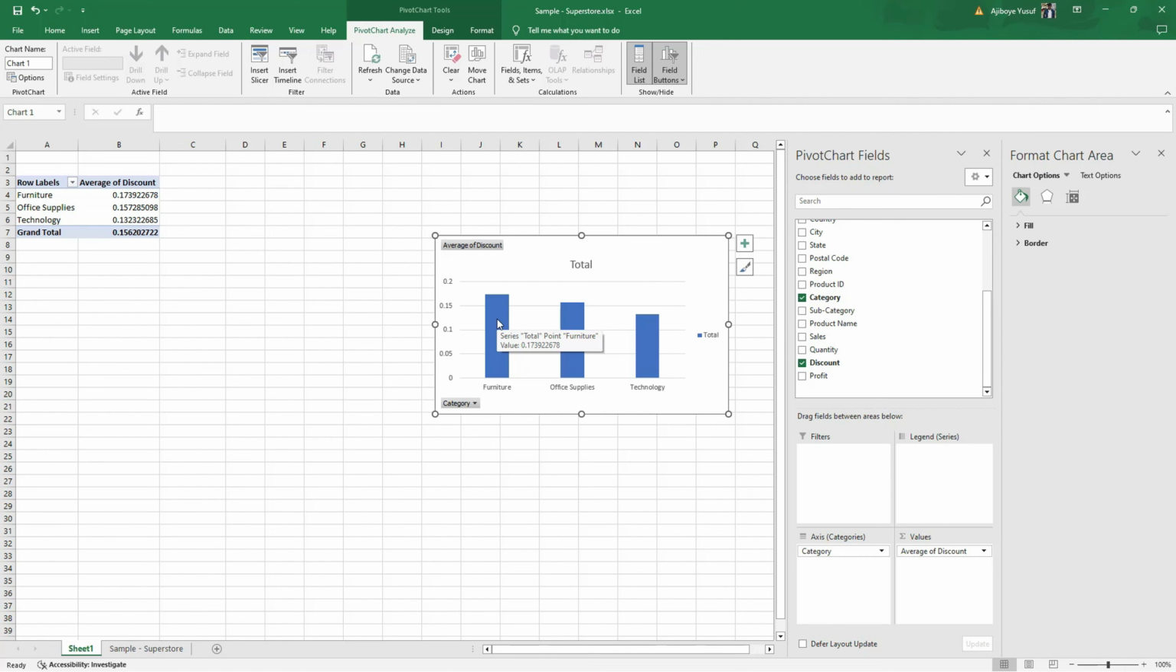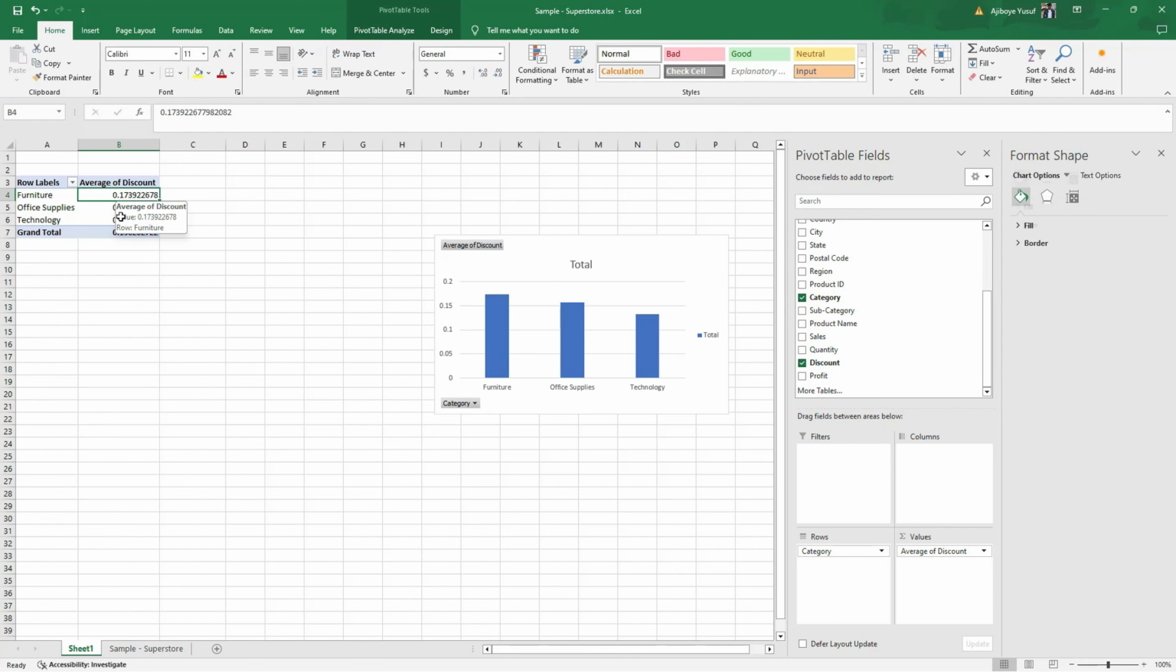So this is a picture. This means that a lot of sales are going on because a lot of discounts are going on in the furniture department, because based on the average discount, the furniture category is having a whole lot of discounts. Now you may be telling me that, oh, look, the furniture is 0.17,